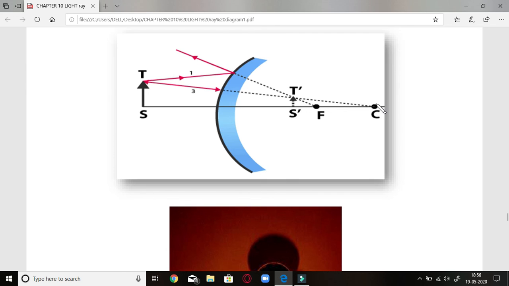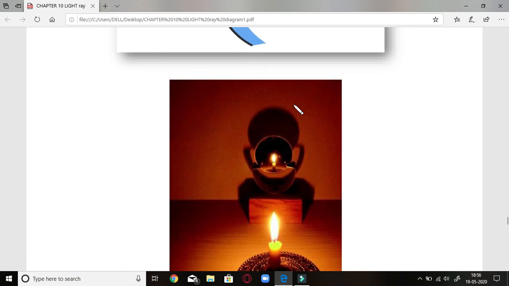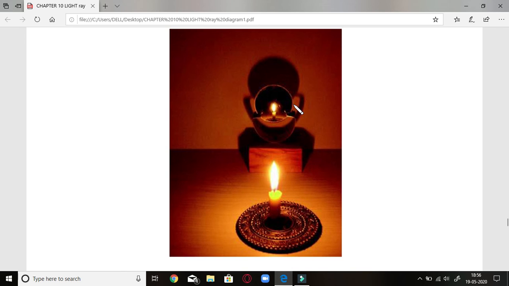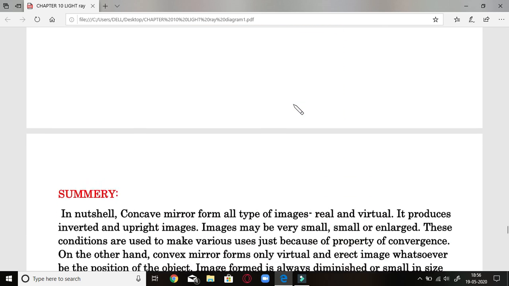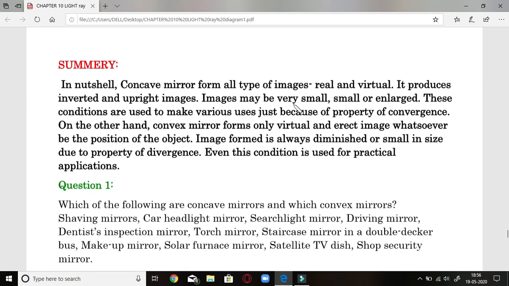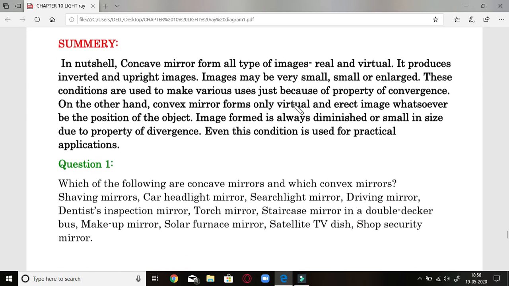So take this distance as a double, and one ray is passing straight out from the head. These two rays, first and second, will cut at this point where the image will be formed, which will be virtual, erect and of the same size. Now you know that such a situation is also exploited. We use it as a rear view mirror in cars, as we have already noticed in the last topic, that is part 1, that rear view mirror is used in case of our car mirrors.